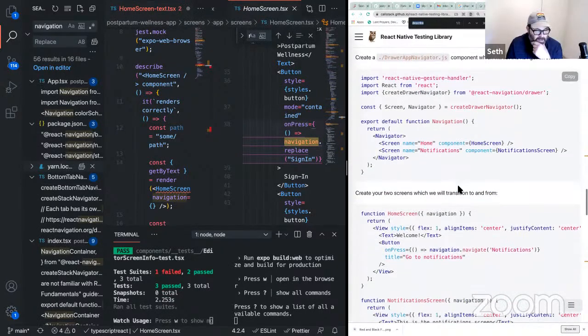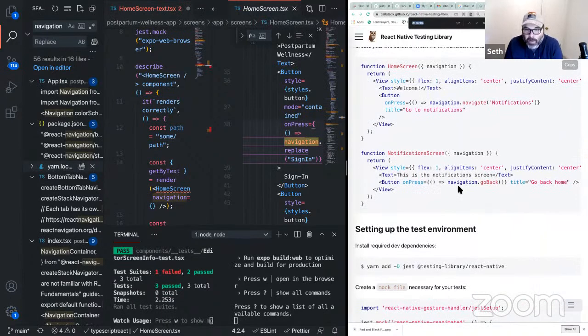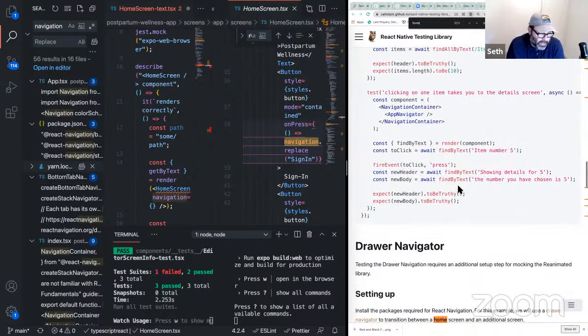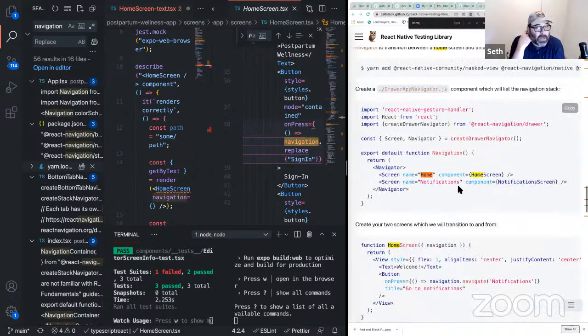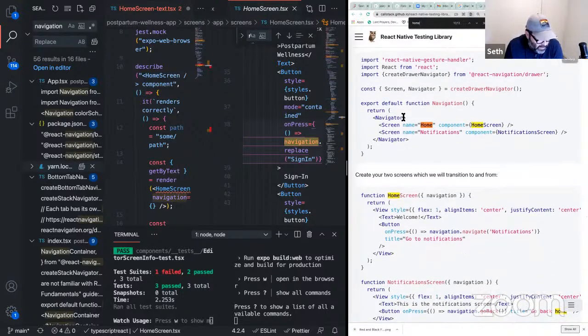So Nick is suggesting the Chrome DevTools debugger to see what gets passed to the home screen for navigation. I don't want to derail you on your thought process now, but it looks like tab one, they're stack wrapping it in their navigator.